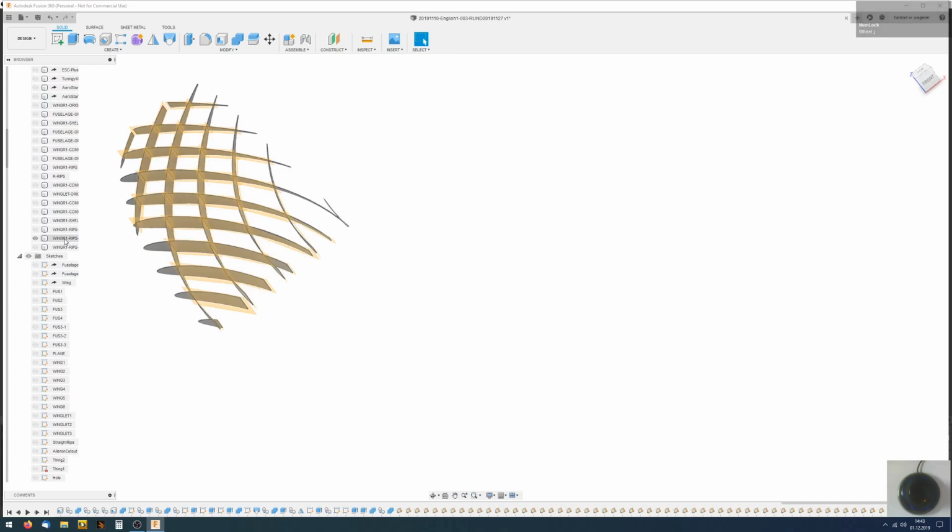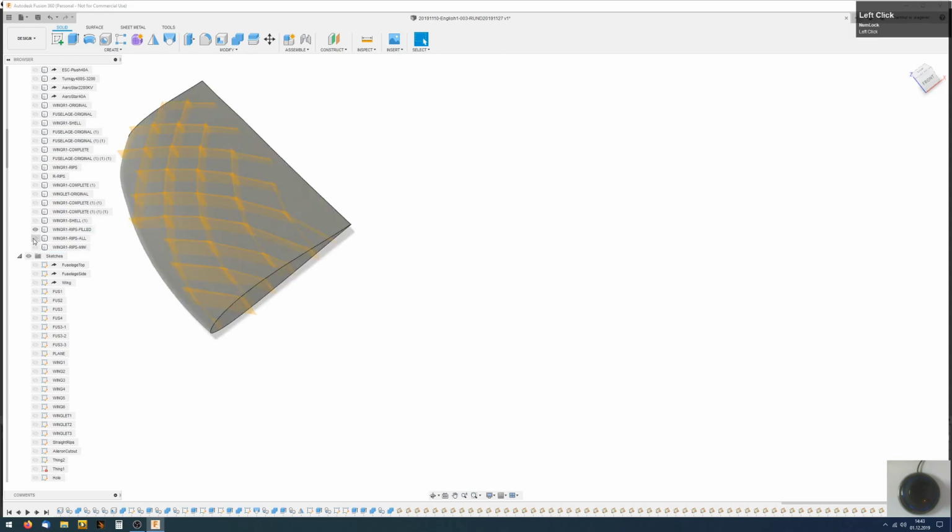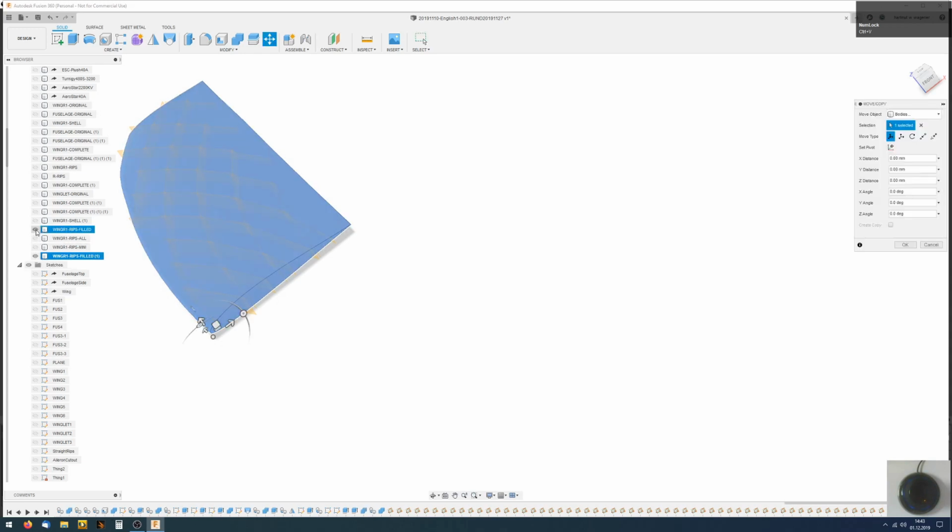We have here these whips. This thing here, it's not visible anymore. Why? Okay, there it is. It's mini, it's all, and this is filled. I need this drawing and a copy of it. There it is.